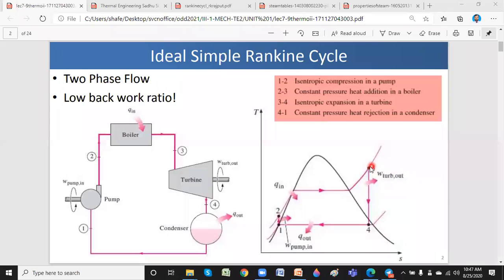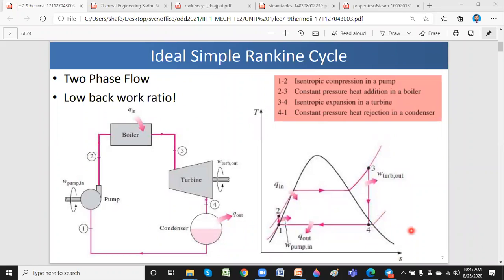So from 3 as a superheated steam, it comes, and before the condenser it is like a wet steam, and in the condenser the heat will be taken out, and 4 to 1 is the heat rejection. At 1 you have water available in hot condition, pump it back to the boiler, and from 2 to 3 you are giving the heat supply from the coal energy, then 3 to 4 expansion, like that the cycle continues.